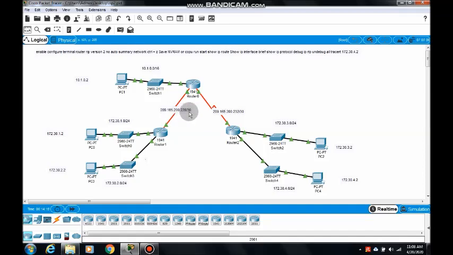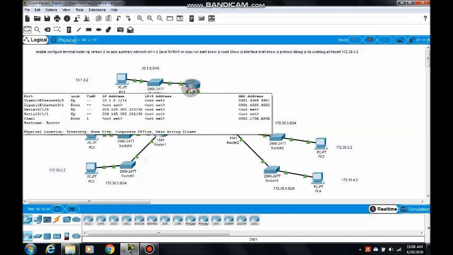The first address of this network is assigned as the network ID, the last address is used as the broadcast ID, and the remaining 2 addresses are used